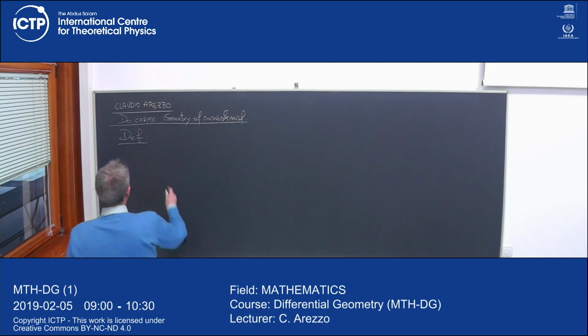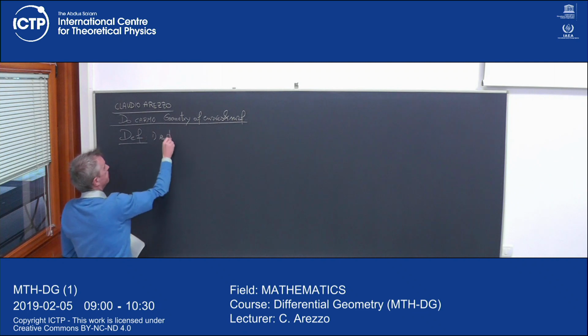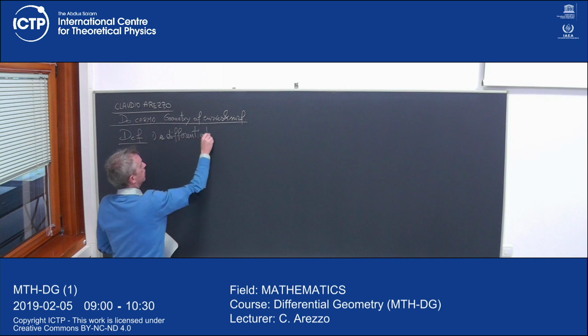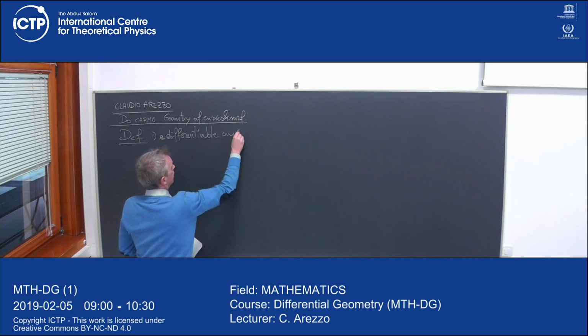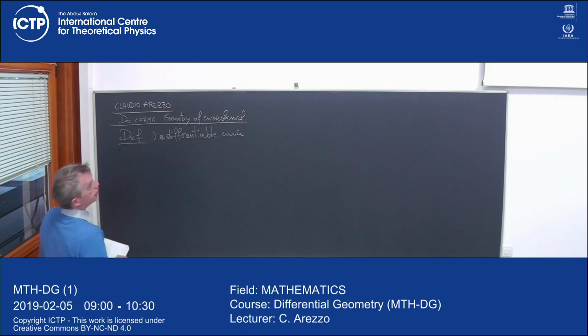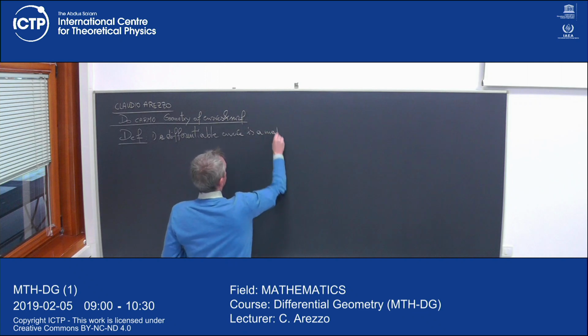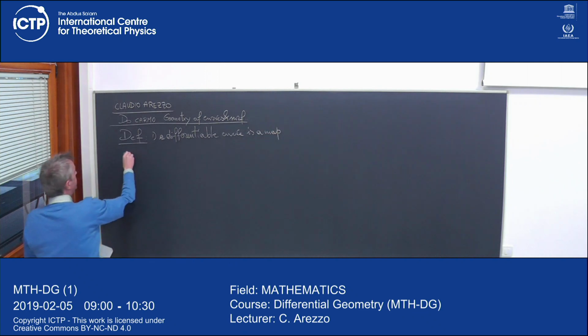A differentiable curve is actually a map, let me call it alpha,